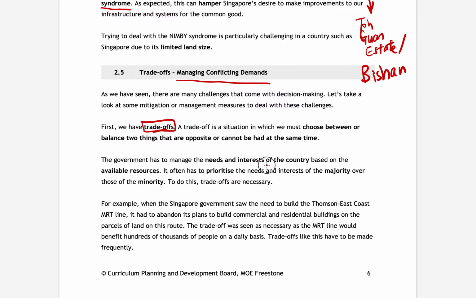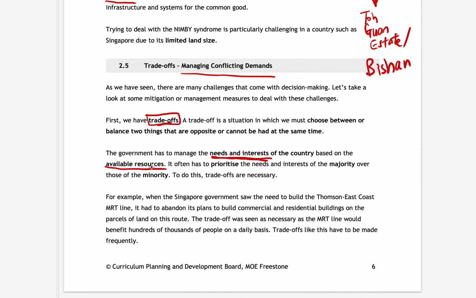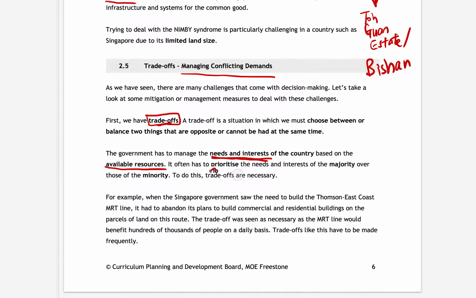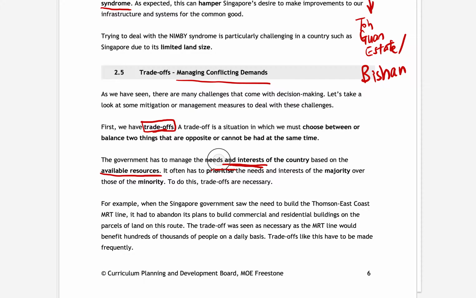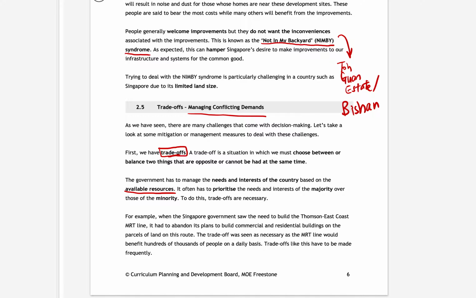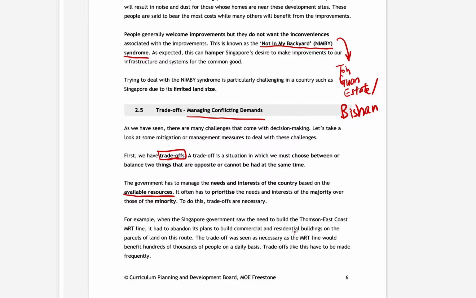Okay, so the government needs to handle the needs and interests, but they also need to consider the available resources at their disposal. Sorry, yeah, so like I said, the government needs to manage these needs and interests, but there are limited resources, so they need to prioritize. Right, okay, moving on. An example that I would usually recommend students to use is this